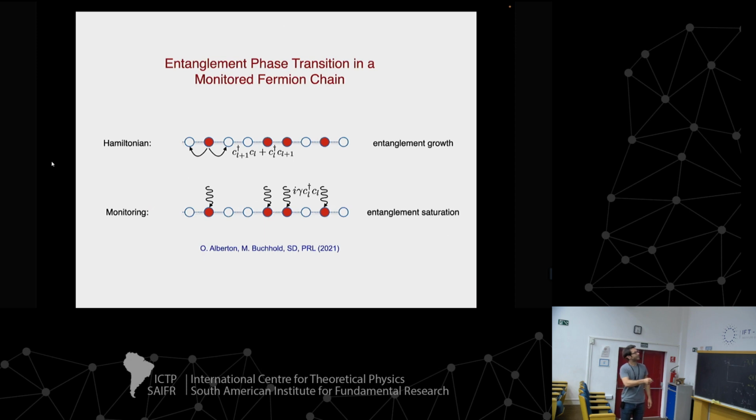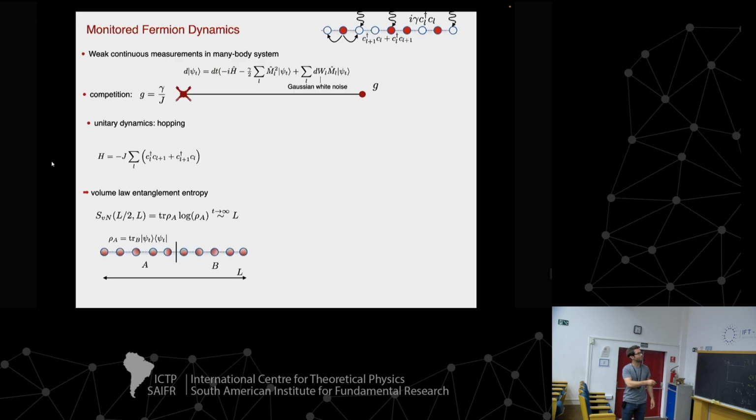Okay, and the precise model that we want to look at is a Hamiltonian, which is just a kinetic energy, so it lets particles hop. And the monitoring, we go for this local monitoring of the particle number. Here is the model again. So this is the dynamics we want to study, and the competition is between this Hamiltonian here, which by itself, as Saro also explained, although it's an integrable model, if we initialize it in a random state, it will give us a volume law entanglement,